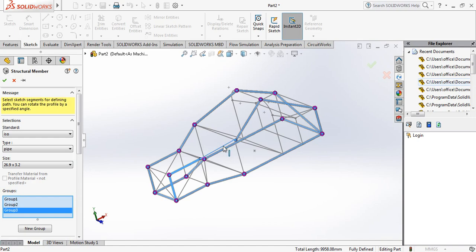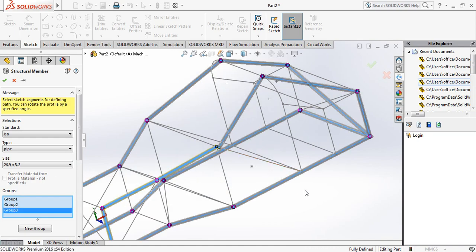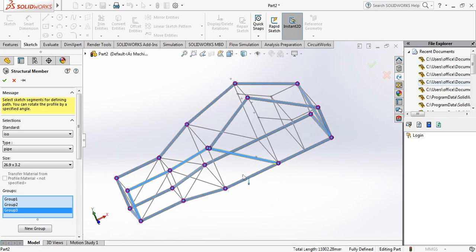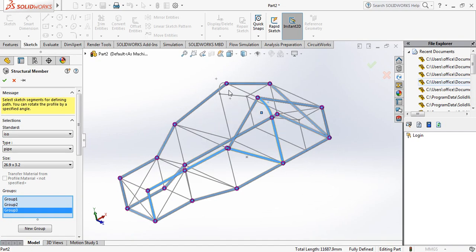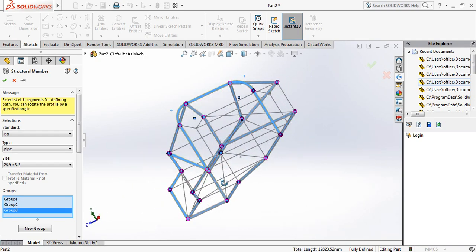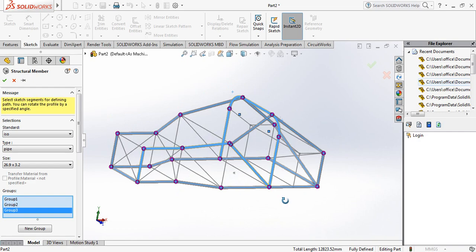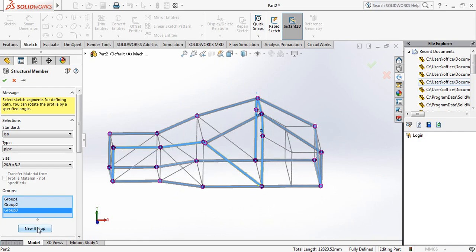Take this one, this one, this one. We can rotate it and we can see, we can take this one also. On this one we can go with this one also. This one, this one. Not happy. Okay, fine. So we'll go in new groups